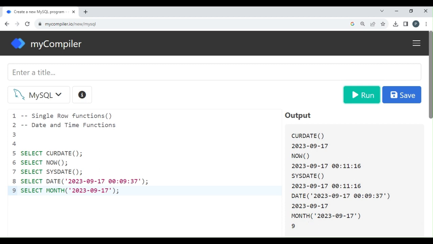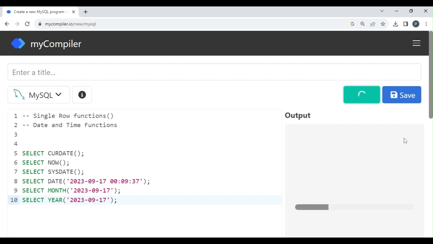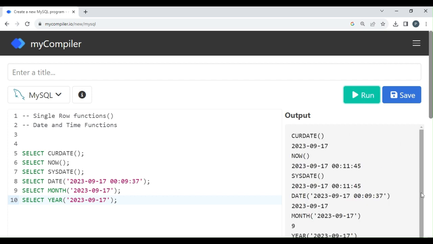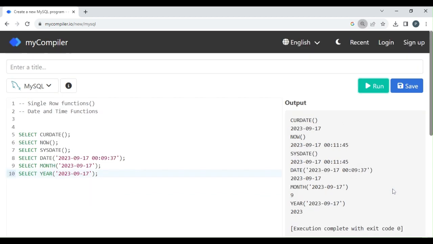Okay, similarly if I want to find the year, I will simply copy this and try to execute it. Here I got the year 2023. Okay,